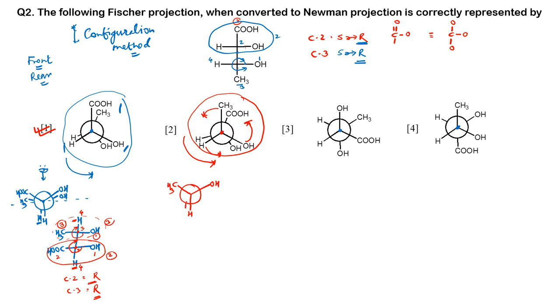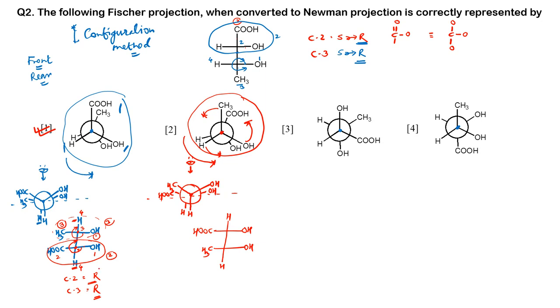So as the rear carbon will have the same connectivities as eclipsed in the given structure, so this will be OH and the rear will be the COOH. As we are seeing this molecule from the top considering this plane, we'll directly write the structure. So for the front carbon, at the bottom it is a hydrogen, on the right hand side we have the OH, left hand side it is a CH3. For the rear carbon, hydrogen is at the top, on the right hand side it is an OH, left hand side it is